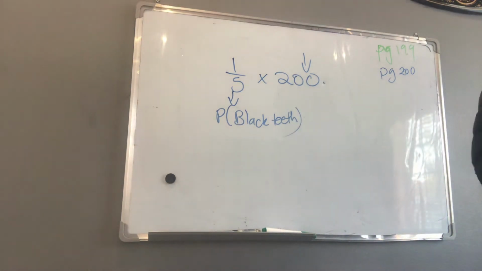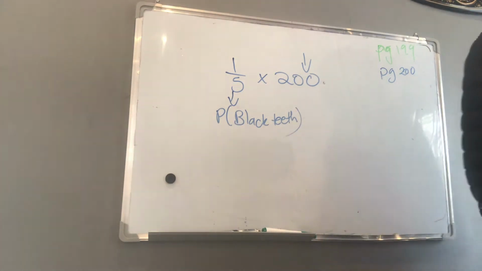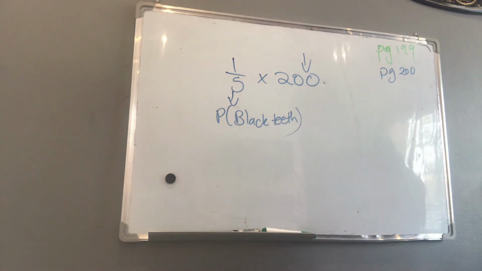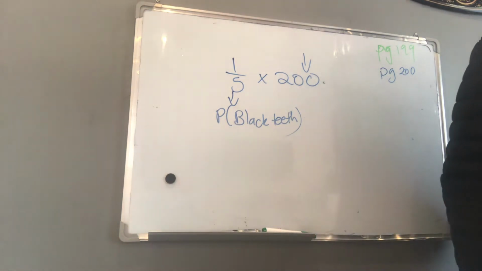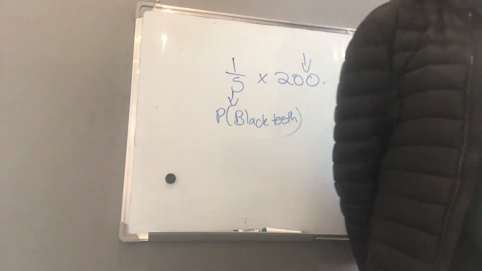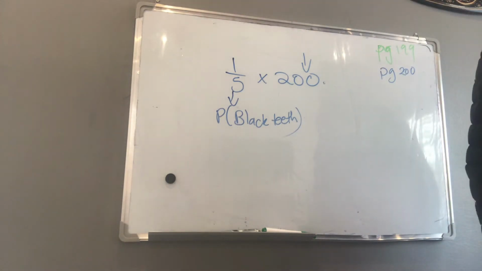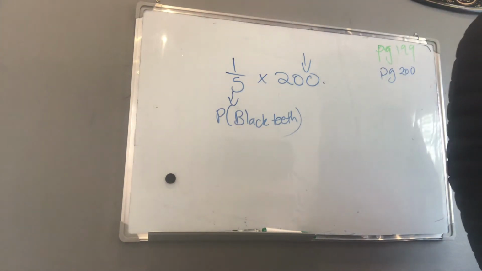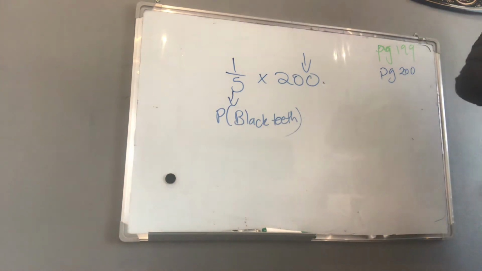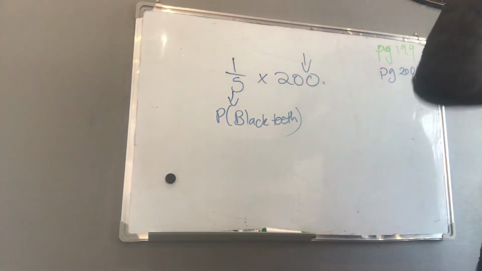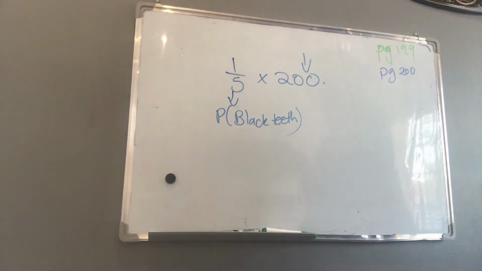So the next section talks about theoretical versus experimental probability. With theoretical probability, we have the purely mathematical calculation of determining the probability of an event occurring, which is the one that we have used thus far, where we say the number of favorable outcomes over the total number of possible outcomes. That's how we already worked out rolling the die. We said a 1 and we got 1 out of 6.